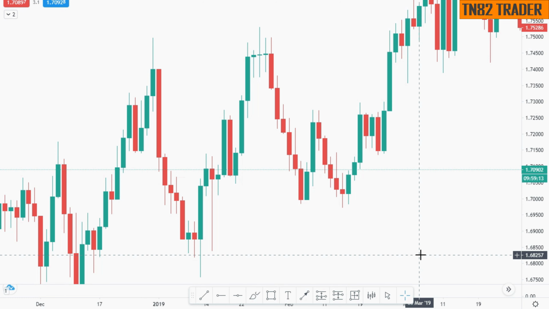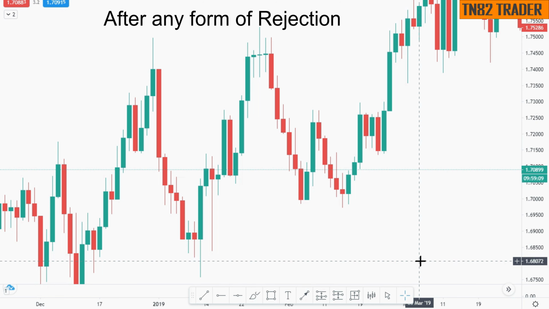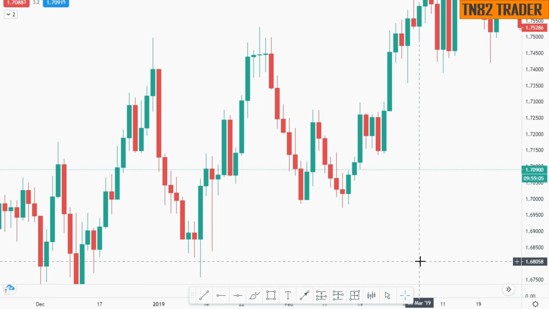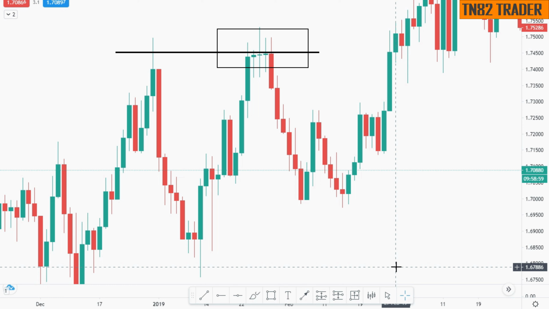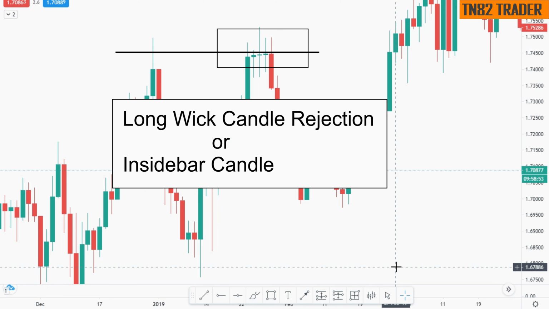We like to use the momentum candle after any form of rejection, which means in an ideal uptrend, price is approaching a key level of resistance. We wait for a price action to occur at the key level, which means a long wick candle or an inside bar. So here, for an example,